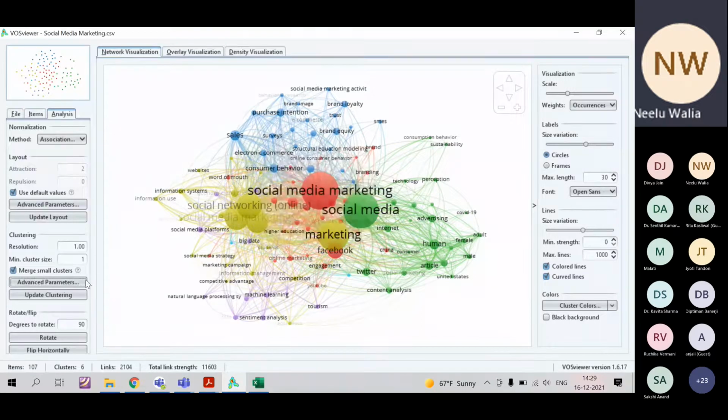But I suggest you should go for the default one. Many times you are willing to have a minimum of 7 or 8 clusters, so you can manually put here that you want at least 8 clusters or 5 clusters. When you select 5, it will be 5 or more than 5. Fine, so you can update this.